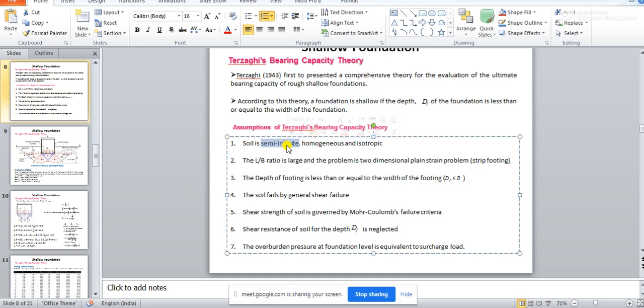So if you take different positions underneath the ground, if you take the soil at different positions, the properties of the soil are assumed to remain the same. That is actually homogeneity. The property of the soil remains the same, which is not exactly the case always. Soil will not be exactly the same, but there is an assumption.